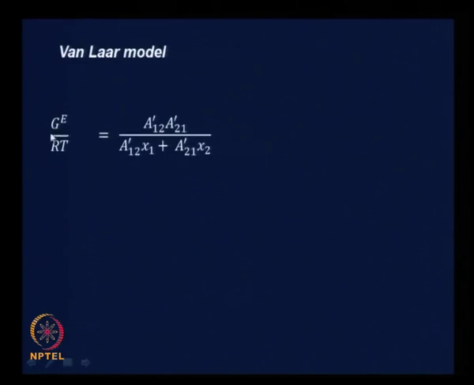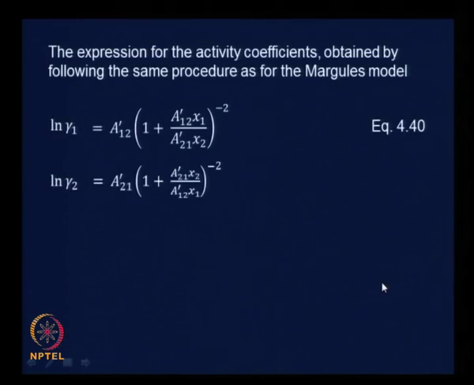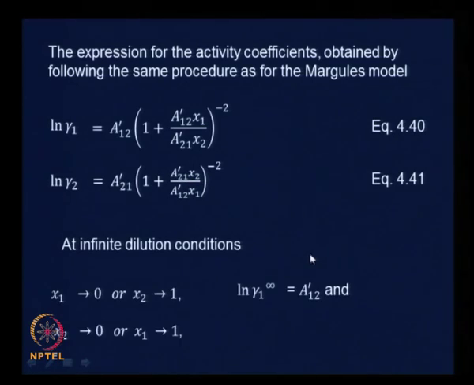Van Laar model, which is one of the popular models: GE by RT equals A12 dash A21 dash x1 x2 divided by A12 dash x1 plus A21 dash x2. A12 dash and A21 dash are constants for a given system, and from that we got the expressions for ln gamma 1 as A12 dash times 1 by the square of 1 plus A12 dash x1 divided by A21 dash x2, and ln gamma 2 was A21 dash times 1 by the square of 1 plus A21 dash x2 divided by A12 dash x1. And we also saw the infinite dilution expressions,